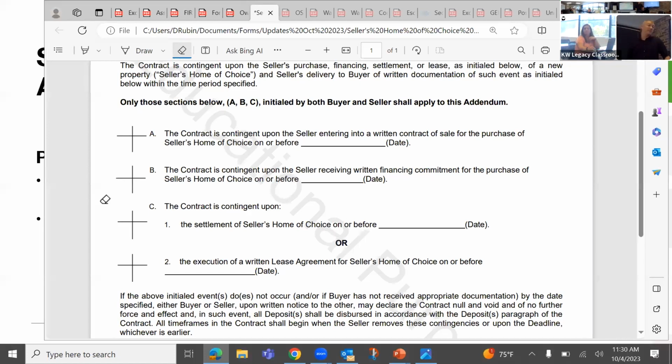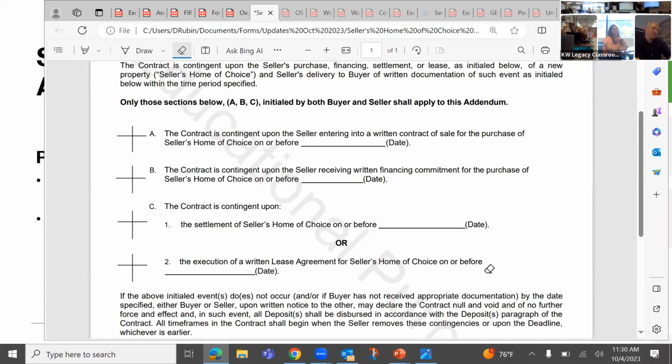Yeah. No, but what is that? 2 on C? Execution of a written disagreement for 2 on C. Right, so part C sort of contemplates, say, look, even if I don't settle, so long as I at least execute a lease by this date, I'll still sell you the lease. Sort of thing.